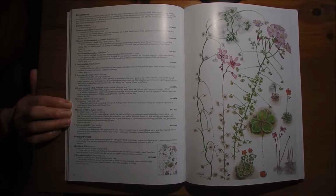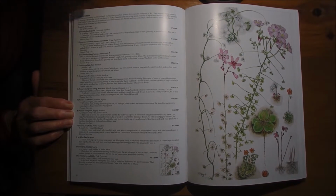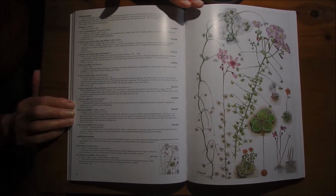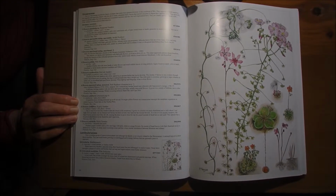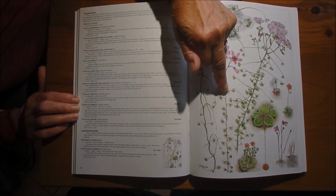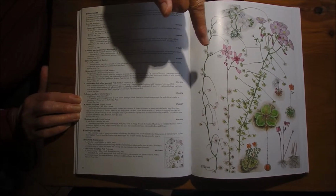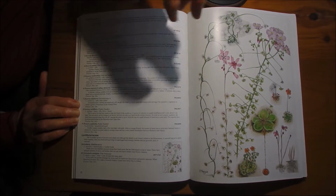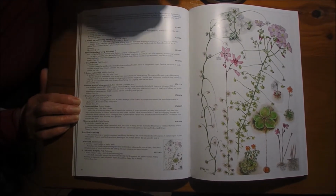Here we've got some of the sundews or drosseras that live in the area. Not all found in wet areas, which you might expect, but some in just very dry, sandy parts of the ridge. They are, of course, carnivorous plants, so on the leaves they have these little sticky tentacles all around, which trap insects, and they ingest those, and from the insects they get more nutritional minerals,